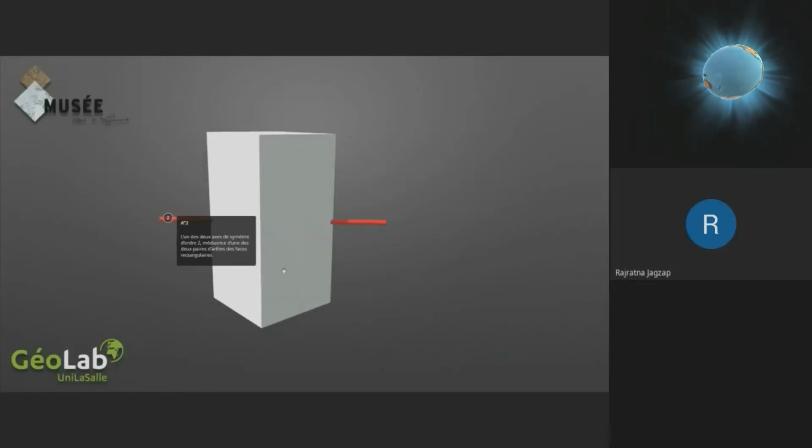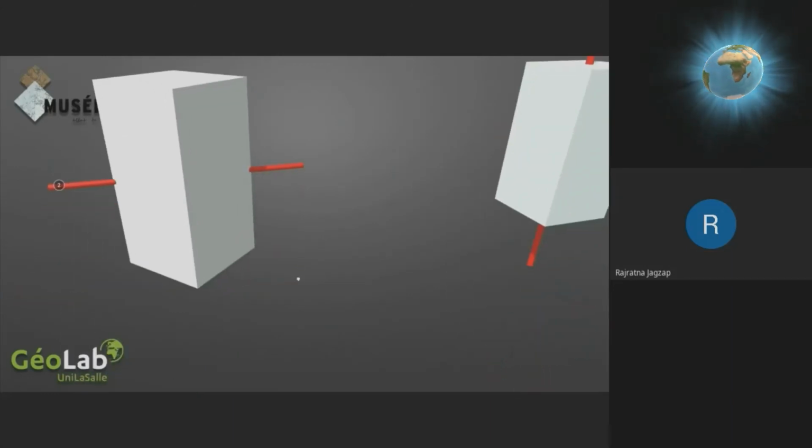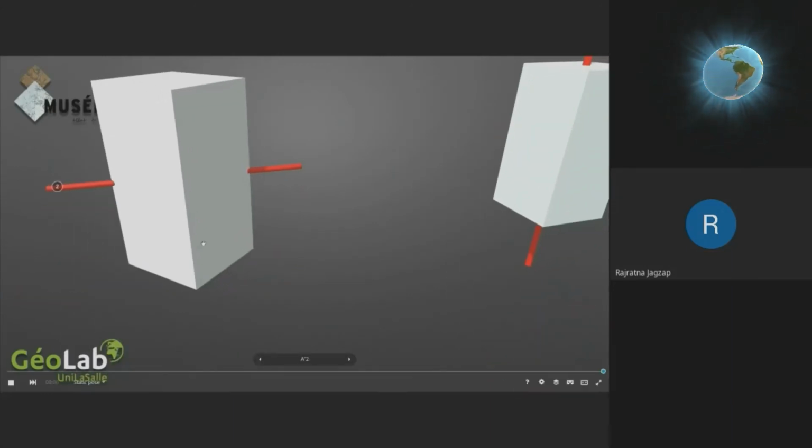What does this model show? Can you see? It is showing a diagonal axis. So the center of this face is here. This is the A1 axis position. The center of this face, that is this, is the A2 axis position. But this is a diagonal axis going from the center of this left edge to the backside edge.